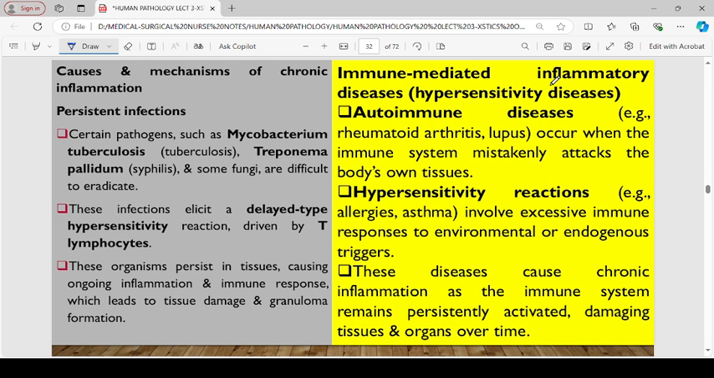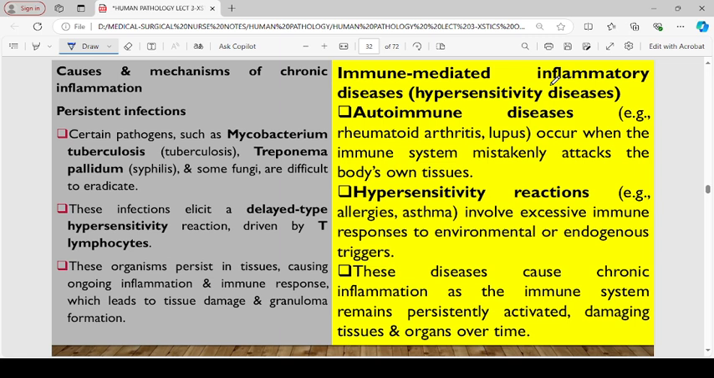Let's look at some of the causes. The first cause is persistent infections. So we have certain pathogens such as Mycobacterium tuberculosis for TB, or Treponema pallidum for syphilis. Some fungi are difficult to eradicate, and this infection will elicit a delayed type hypersensitivity reaction that's normally driven by T lymphocytes. So this organism persists in tissues, causing ongoing inflammation and immune response, which leads to tissue damage